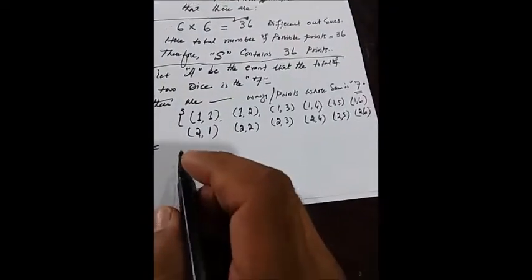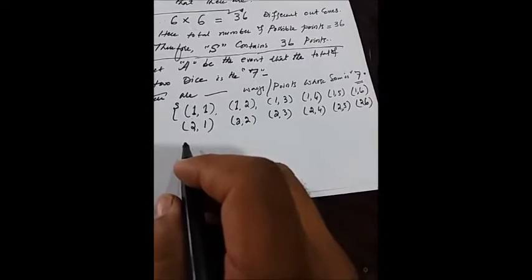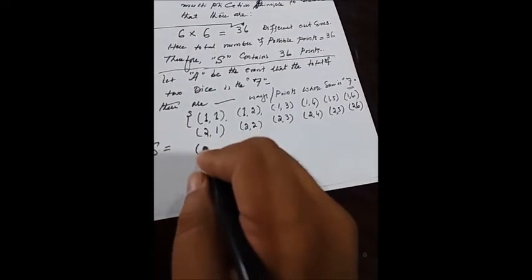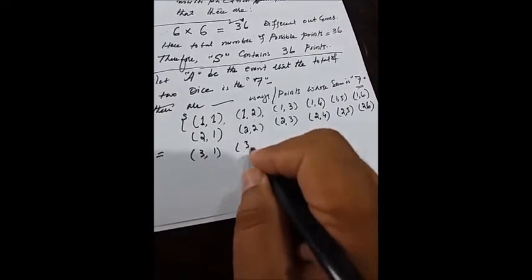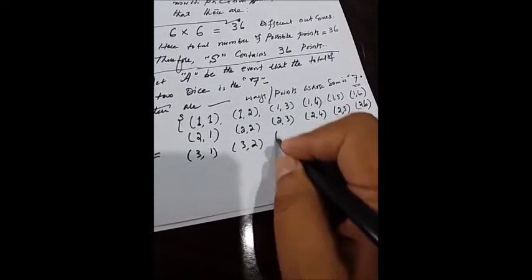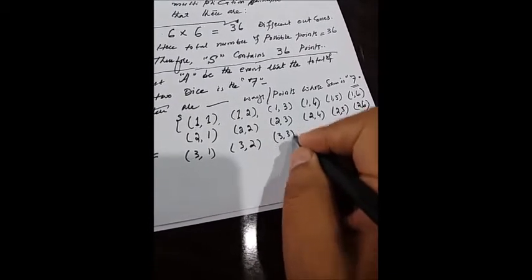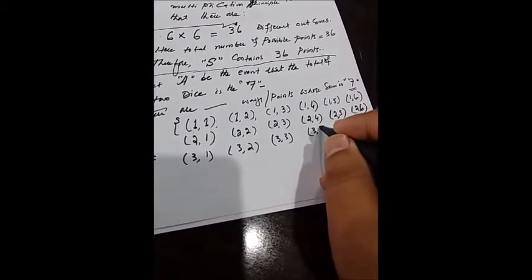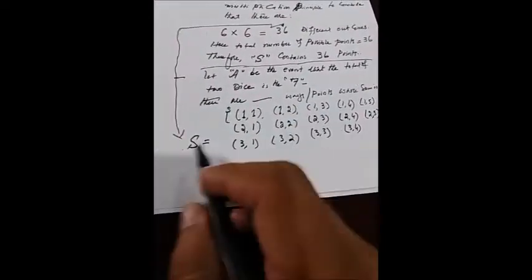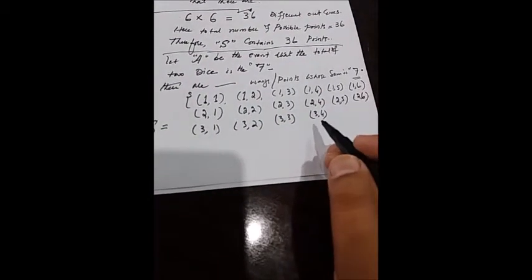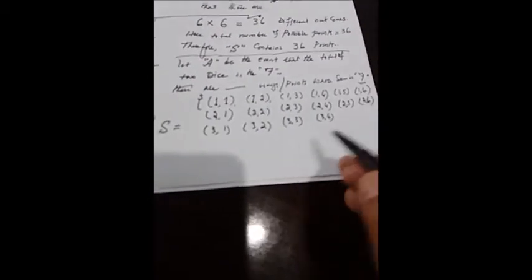Again, when we are tossing two six-sided cubic dice together, it's possible that one die contains 3 and the second die contains 1, one die contains 3 and the second die contains 2, one die contains 3 and the second die contains 3, one die contains 3 and the second die contains 4. These are the possibilities. These are 36 outcomes. So we are making the 36 outcomes. How can 36 outcomes be obtained by rolling the two six-sided cubic dice together?